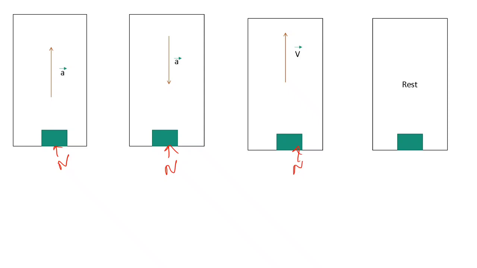So first we will see the first scenario where the elevator is going in the upward direction and the object is on the surface of the elevator. So let's see the first scenario. Here first mark all the forces acting on the object. Our focus is the object, not the elevator. Our focus is the object because we are trying to find out the normal force on the object, not the surface of the elevator. But in the same way, as earlier told, the normal force is also working on the surface of the elevator, but our focus is on the object.